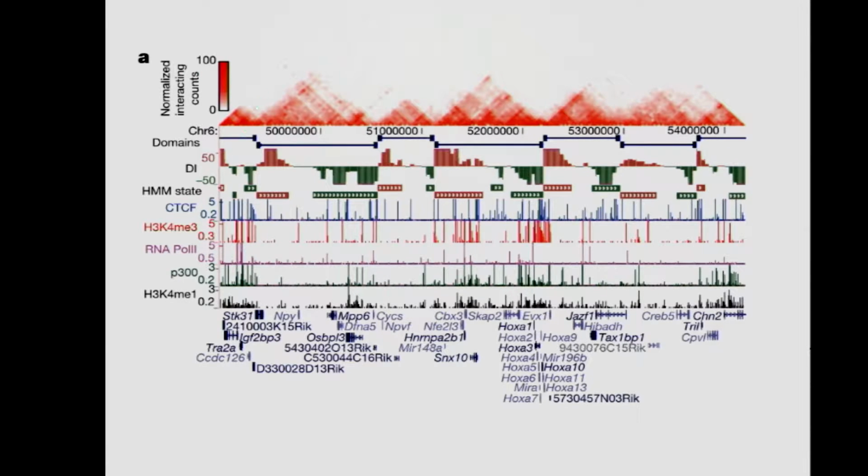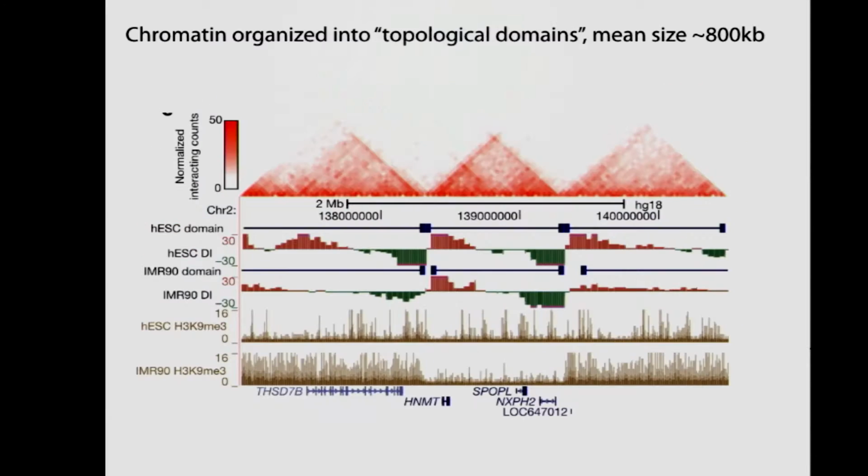And so what it brings out is that at the boundary, you see changes in the score. They just ran an HMM over that and got out a segmentation. And this is the segmentation. These things have come to be called topologically associating domains, or TADs. In this paper, they were said to have a mean size of 800 kilobases, and this is a reasonable